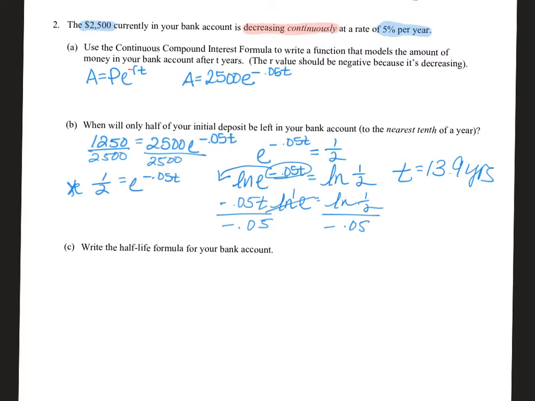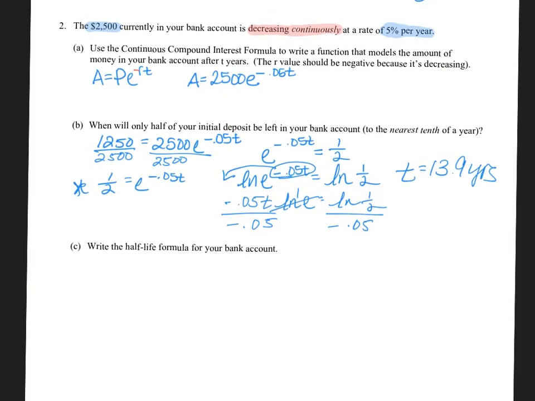Okay, part C, write the half-life formula for your bank account. All right, we didn't do this in class. It's not particularly necessary, but now that I do know what the half-life is, so they didn't give me the half-life in the beginning. They just give me the information for part A. But now that I found the half-life, right, because in part B, I found how long it takes to get to half the amount in this instance, and it takes 13.9 years. So that now becomes my half-life,